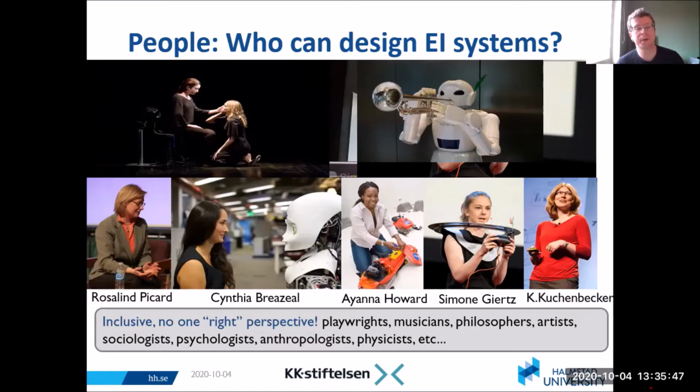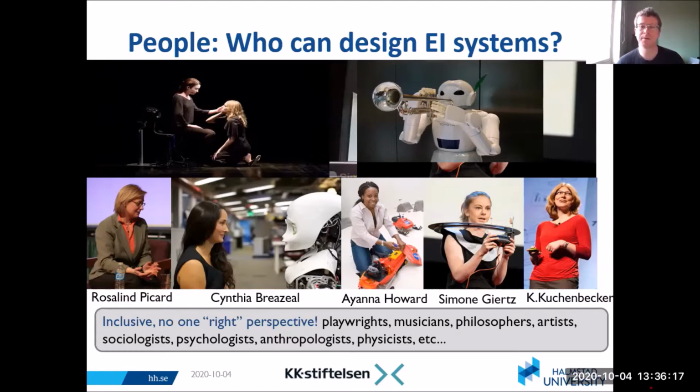who is a pioneer in emotions for computers. We have Cynthia Brazil, who is also a pioneer for social robots, designing Kismet and Leonardo and lots of other really cool robots. We have Ayana Howard, who is working in HRI, and she also created products for children with special needs. We have Simone Giertz, who tried to popularize being a maker and making robots,